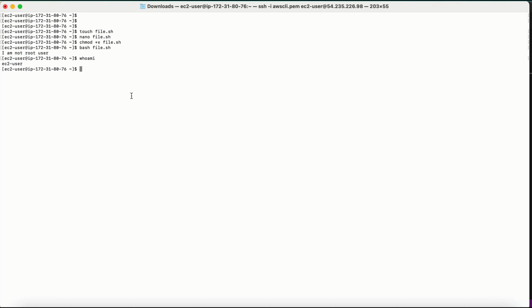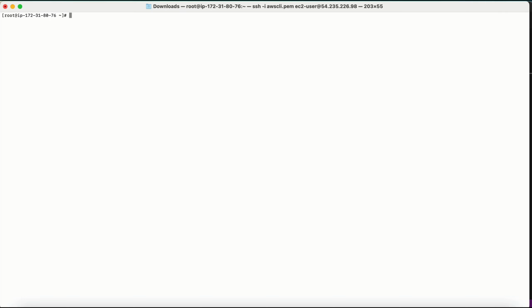So let me go to the root user first. sudo su -. Now I become a root user. Okay. Now what I need to do is first rm -rf to delete all the files and folders which are there, and let me create one file here, nano file.sh,